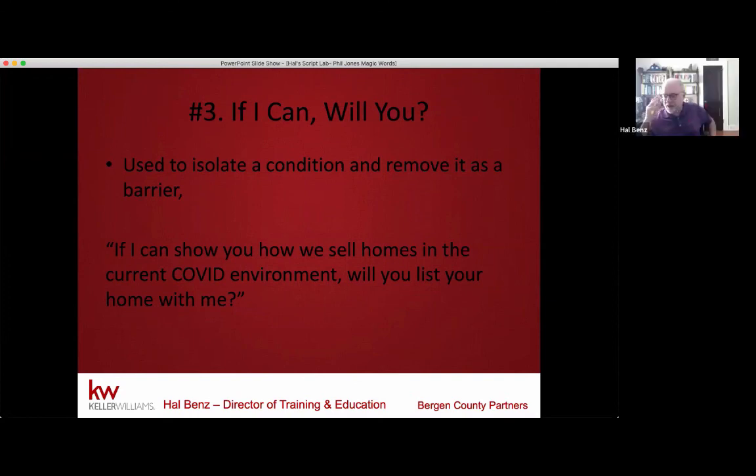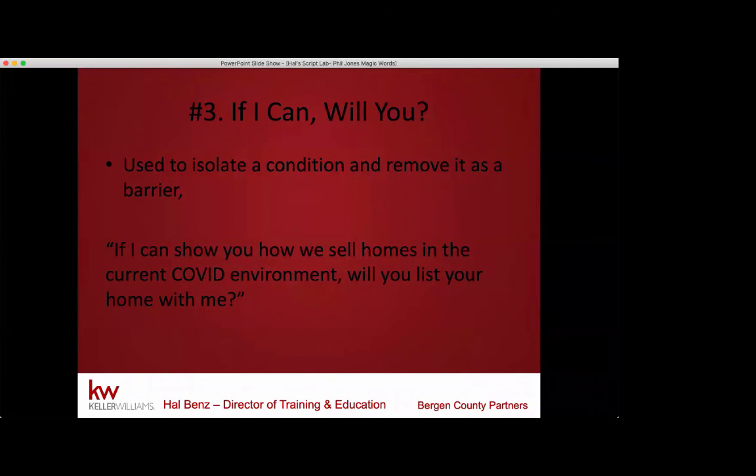And guys, here's the deal. We have to learn this rule. We know this rule works, but we can't just rely on trying to memorize it in real time and make it up on the fly. We've got to have an "if I can, will you" statement already prepared for a meeting. If I can show you how we can do this better than you can, would you meet for 15 minutes? If I can get you this $5,000 off, will you move forward? We've got to have our "if I can, will you" statement for a million different contexts, practiced, rehearsed and ready to go. So in that moment, you can pull it right off the shelf and it flows naturally and you don't have to think about it.